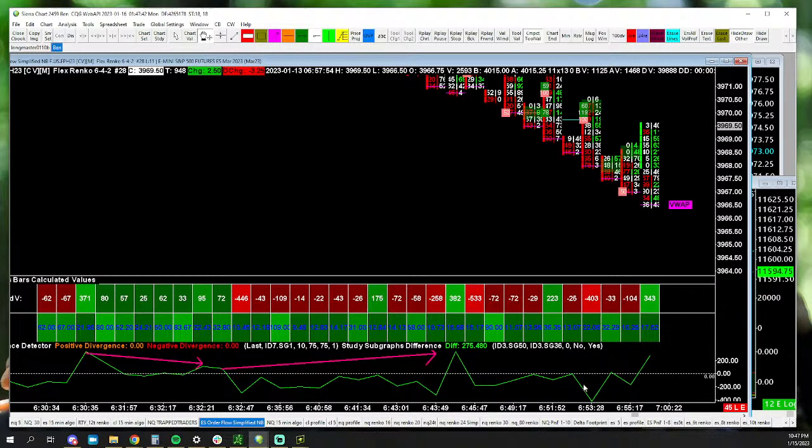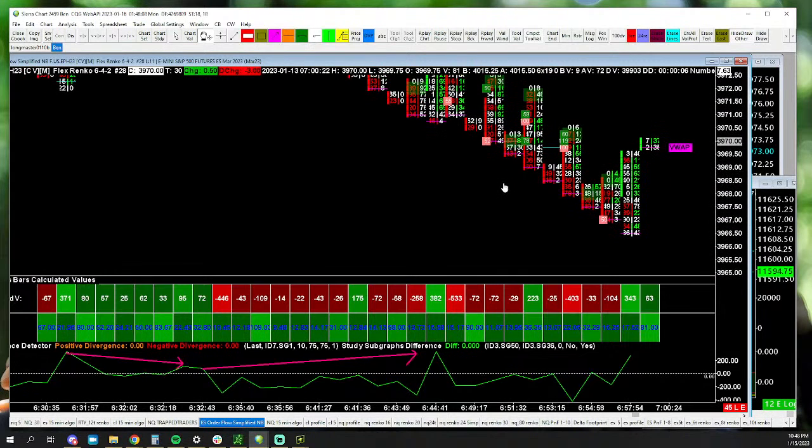But this is a big change in character right here. They all gave up. They flushed. They came back up. They rejected off the zero line, and then all of a sudden, in the exact same spot that nobody wanted anything to do with up here, we get a fight, and they've closed that bar bullish, right? So we don't have a high yet, so we shouldn't even be thinking about shorting. So let's see where they go.